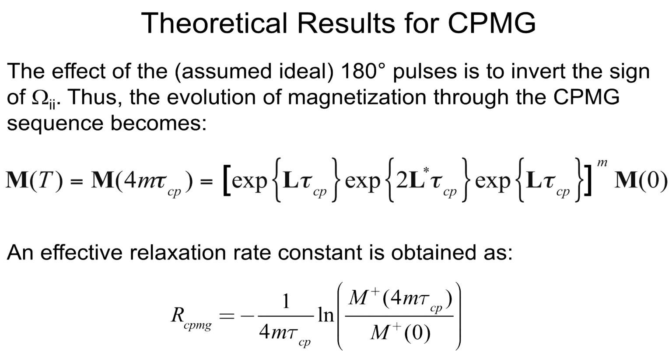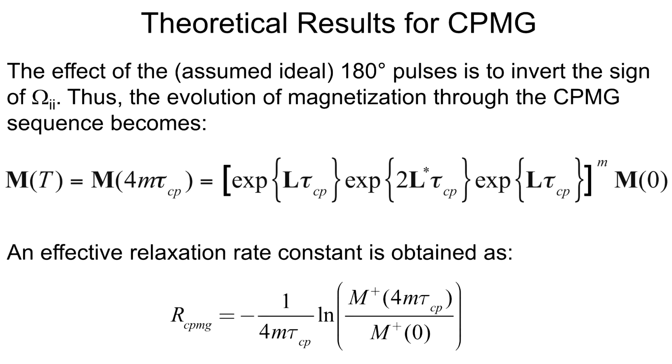The effect of the 180-degree pulse is to simply reverse the sign of all the chemical shifts, and that's equivalent to taking the complex conjugate of the evolution matrix. The only imaginary terms in that matrix are the precession frequencies, so inverting the precession frequencies is the same as taking the complex conjugate. And that means we can represent evolution in the CPMG experiment with 3 exponential terms that